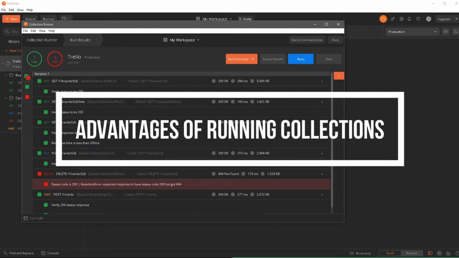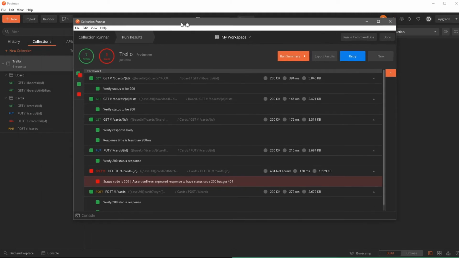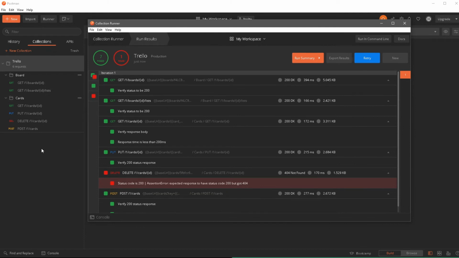Okay, so let's now talk about the advantage of actually running this collection runner. Why are we actually doing this? Let's take a scenario. Let's say as a developer, you made some changes to your collection. You added a new endpoint, and that endpoint may or may not impact the existing functionality of some of the other endpoints. Now, either you or the QA, if you have to go in and test this out, if you don't have this collection created or some other kind of automation mechanism, you would most likely be going in manually hitting each request to do your regression testing to make sure that you haven't broken any existing functionality.